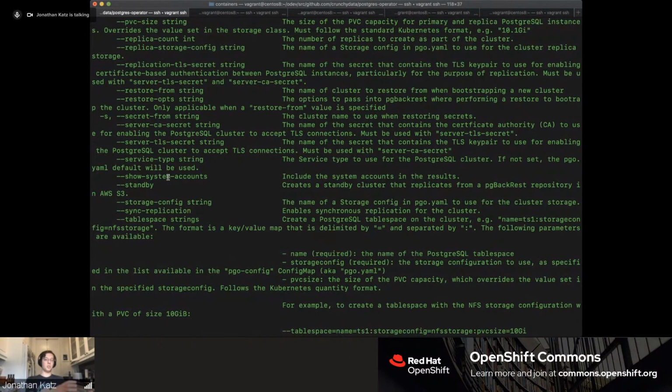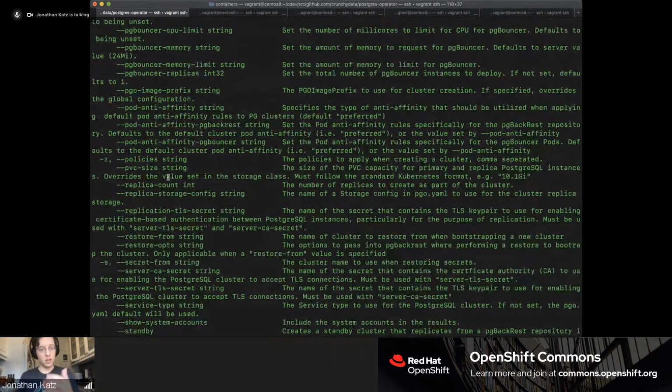A table space is an additional external volume that you're attaching to your Postgres instance, for multiple purposes. One, it might just be a very large table or a very large group of tables, or a very large database that you don't want to attach to your main Postgres data directory. It could be that you want to take advantage of super fast storage for a particular data set. It could be that you just have a lot of data and you need to spread it out amongst multiple PVCs. Now, the use cases do vary. So you're able to add table spaces to operator managed Postgres clusters. You set the size of the PVC that you want. You can do that on a one-off basis.